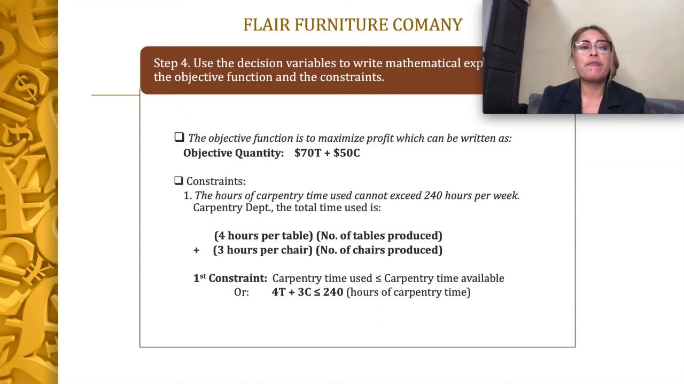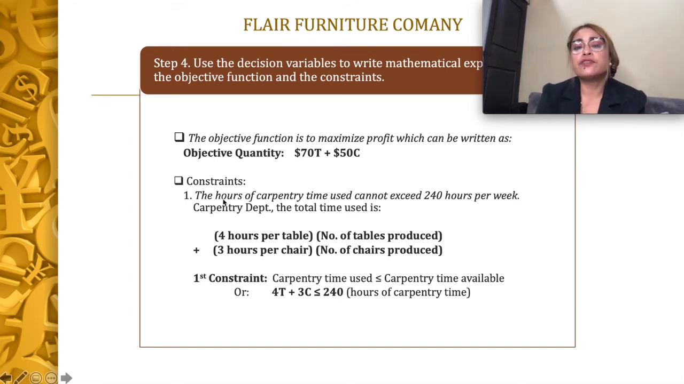Okay. Now, for the objective function, which is to maximize profit, it can be written as objective quantity is equal to 70 dollars times the number of tables produced, represented by T, plus $50 times the number of chairs to be produced. That's the objective quantity. That's the mathematical expression of the objective quantity. Now for constraints,